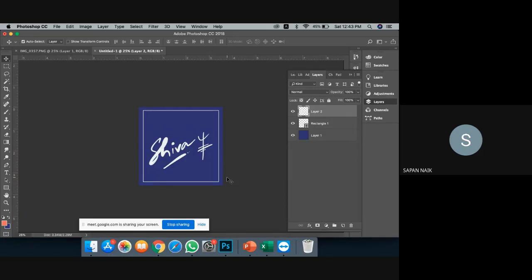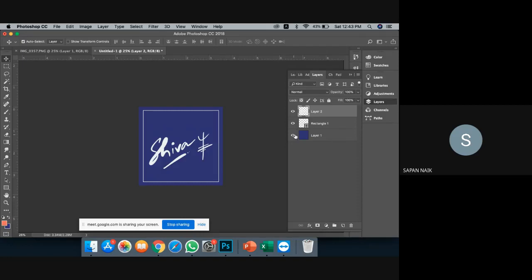So my timeline would be like this. First, the background will come. On that, we'll put the frame. Then Shiva will come. Then that design will come, and at the end, I want to give that stroke. Get it? You get the flow. First background, then frame, then Shiva, the text, then the design, and at the end a stroke. This is what I want to do.